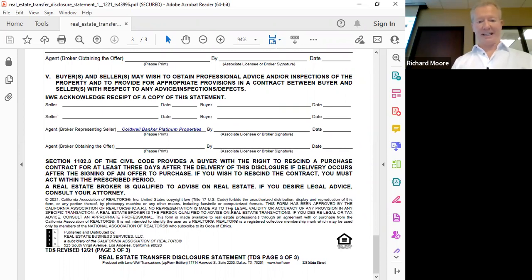No, we haven't talked about that. And then, of course, if the seller provides a TDS, do they still have the obligation to provide other disclosures? Yes, they do. What other contingency in the contract is not waivable by a buyer within 10 days of the date of execution of the contract? Federal lead-based paint. Fun fact, right?